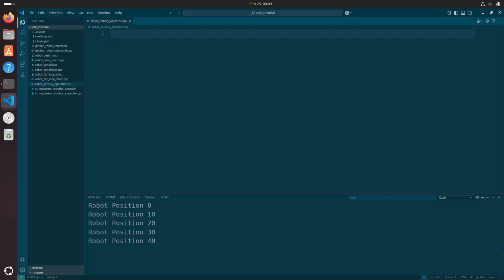Let's explore the use of the ternary operator in C++ for making concise conditional statements in robotics projects. The ternary operator allows you to write simple if-else statements in a single line of code. So I created a file called robot_ternary_operator.cpp, and I will type the following code. #include <iostream>, and let's do using namespace std. int main,